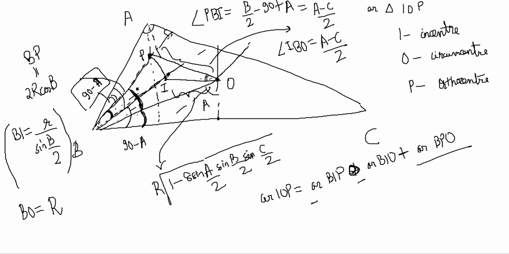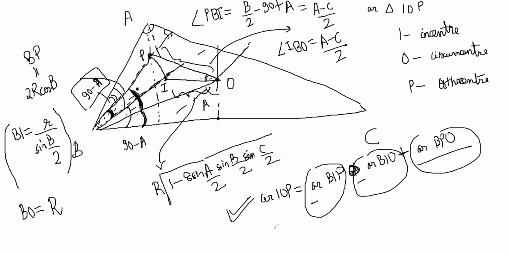So now you can find all these three triangle areas, no? Because included angle and two sides are known for each of them. Area BPO will be BP times BO into sine of angle A minus C. Area PBI will be BP times BI into sine of A minus C by 2, by 2. You understand the logic of this? So that way you can do this 15th one. After that, it's a matter of simplifying.